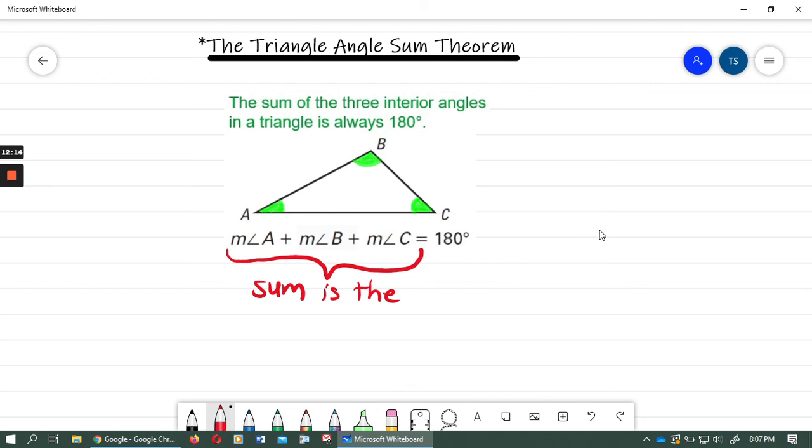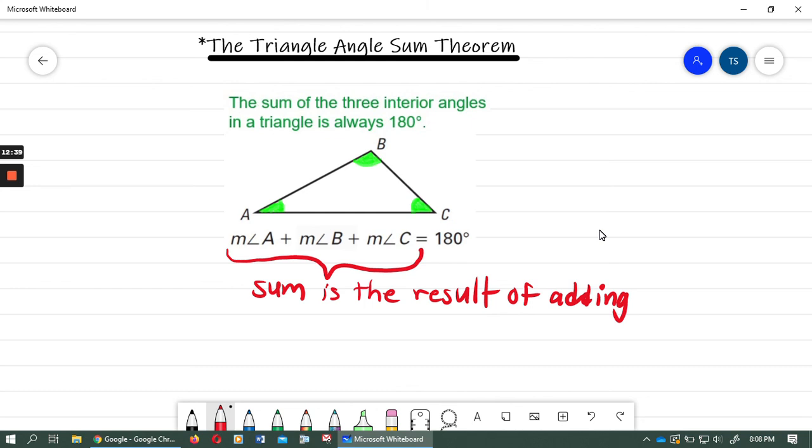Just a reminder, again, sum is the result of adding. So when we say it's the sum of the three interior angles, we're talking about the sum of the three interior angles, as in when you add those three interior angle measurements together, it is always going to be equal